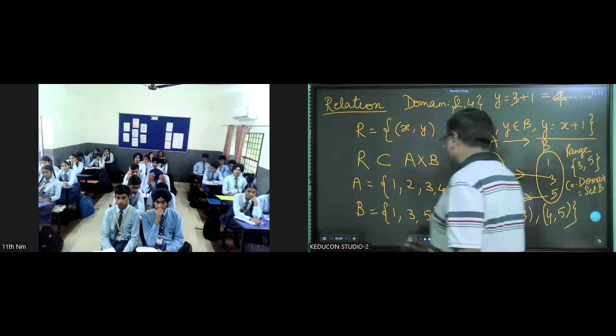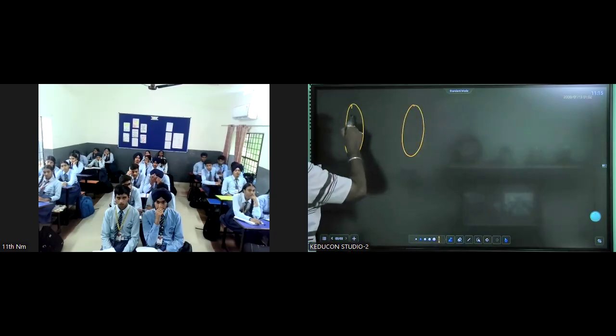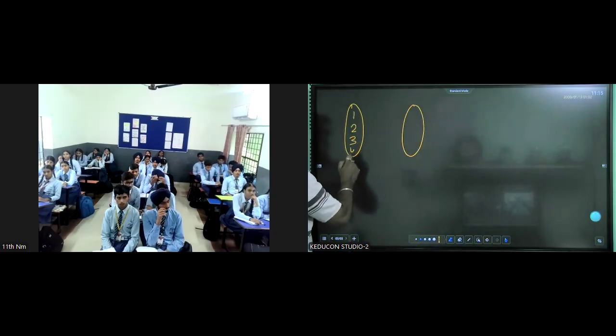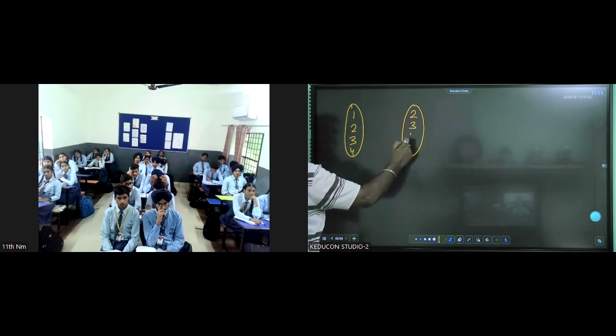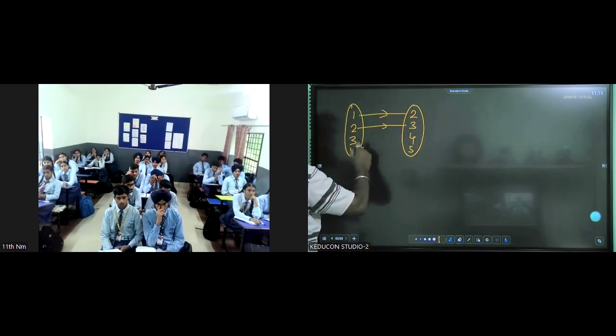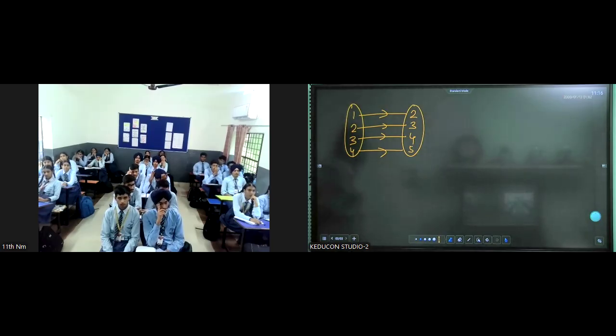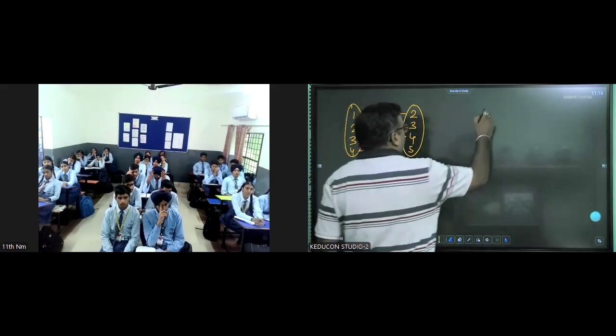I'll take an example. If I draw a mapping, right? Is this a relation? Is it a relation or not, students? Is it a function? Yes, very good. Now,